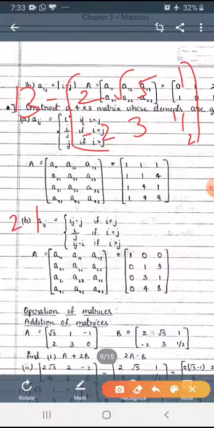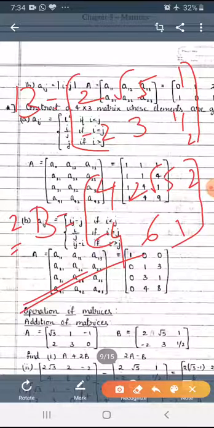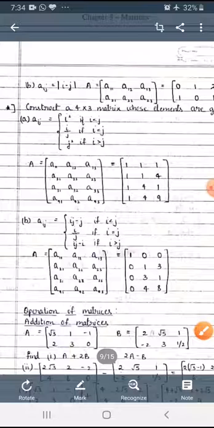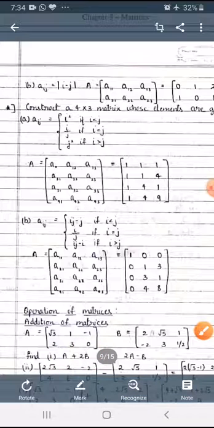Now 2B, here 2 is a scalar. It is multiplied to each and every element of matrix B. So if you multiply 2 into 2, it is 4. Next one is 2 into root 5, it's 2 root 5, and 2 into 1 is 2. Next one is 2 into minus 2, minus 4, and then 2 into 3 is 6, and 2 into 1 by 2 is 1. So this is the 2B. So 2B or kB or anything, you have to multiply to each and every element of the matrix. That is called a scalar. Now you can add A plus 2B. It is a similar sum only.